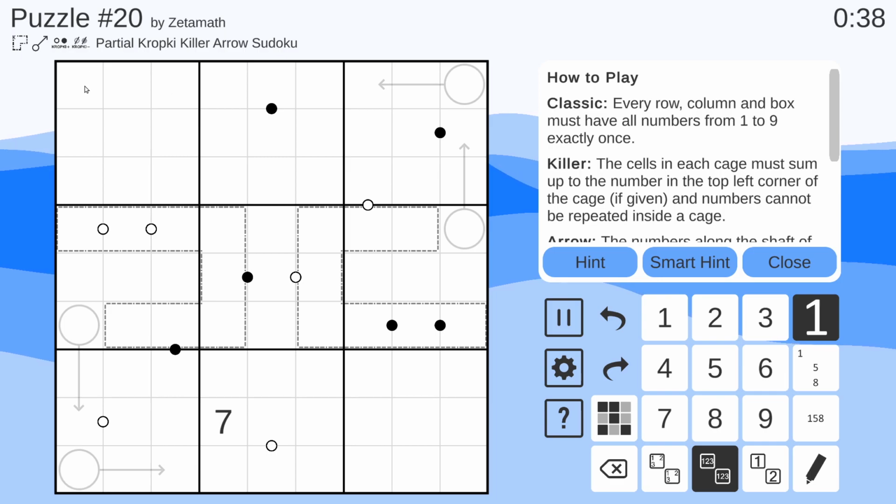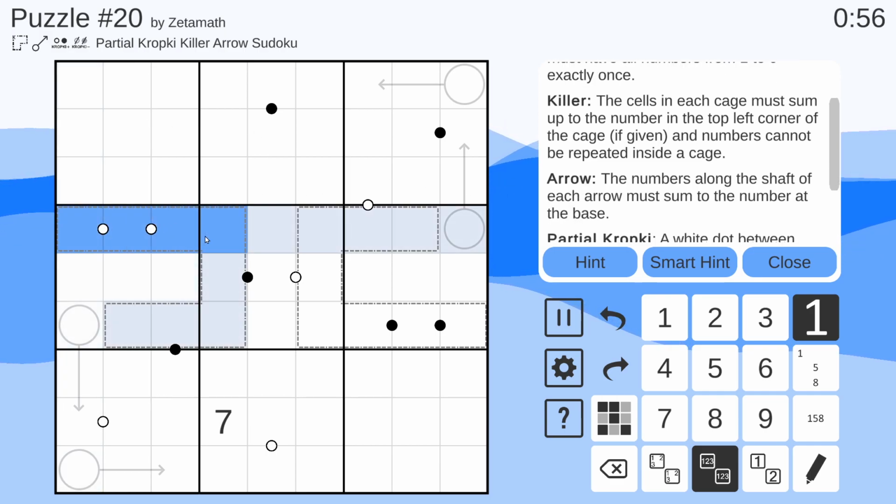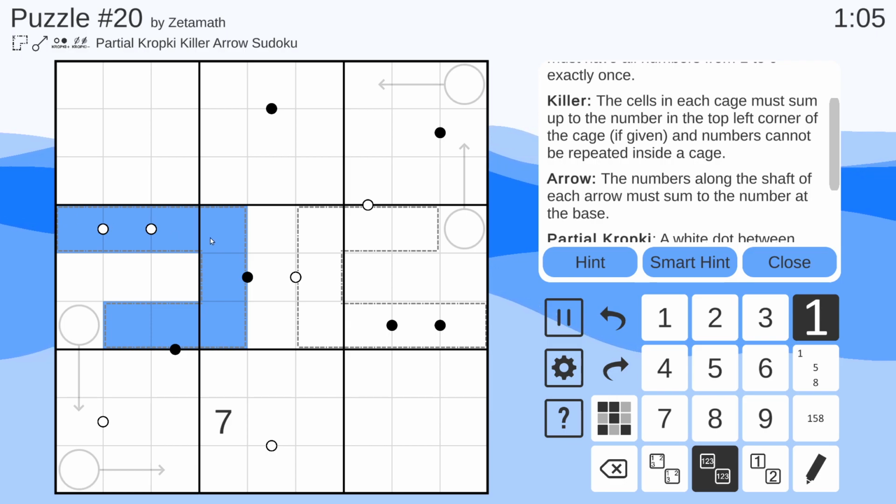Anyways, the rules are, as always, pretty much as usual. I'd like to see actually a Sudoku that doesn't have classic rules. But classic rules: the digits 1 through 9 must be in every row, every column, and every box. The killer variant is that these boxes here have all of the digits adding up to the number in the top left, if a number is given, and numbers cannot be repeated inside the cage, which in this case, since numbers aren't given, means something kind of unique in that